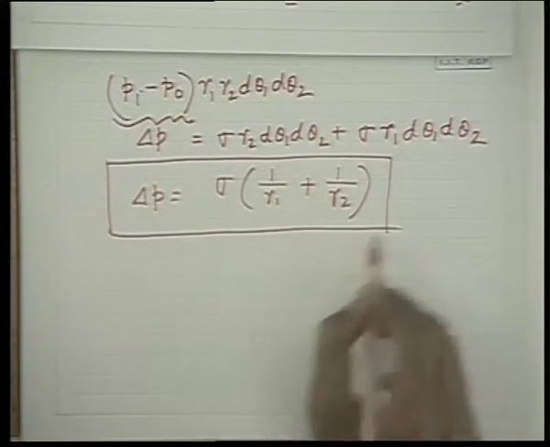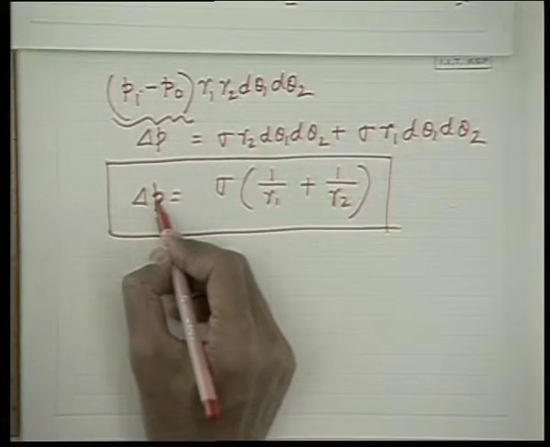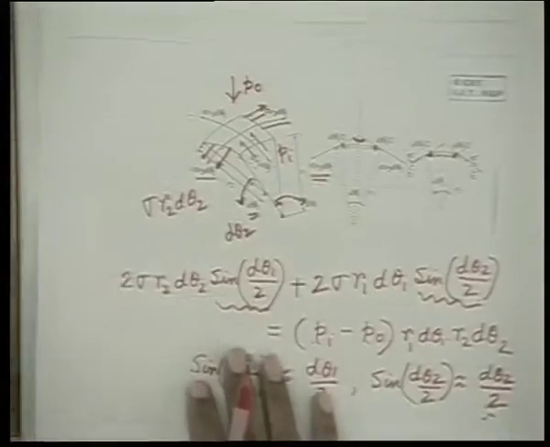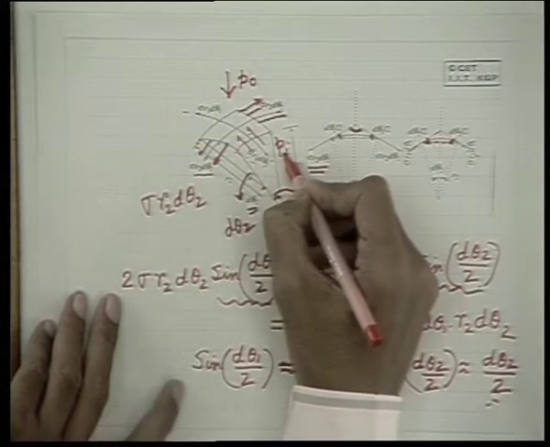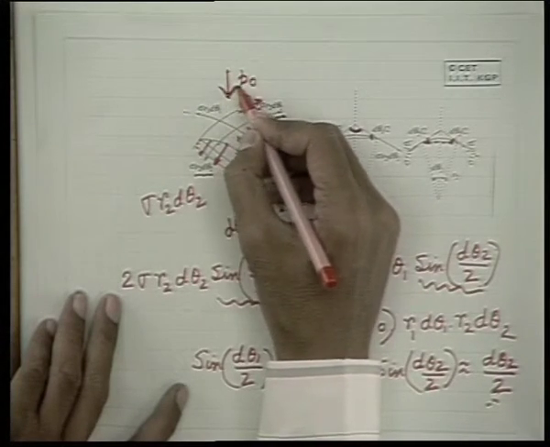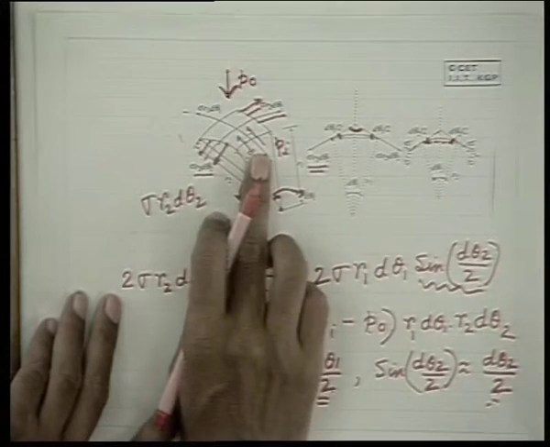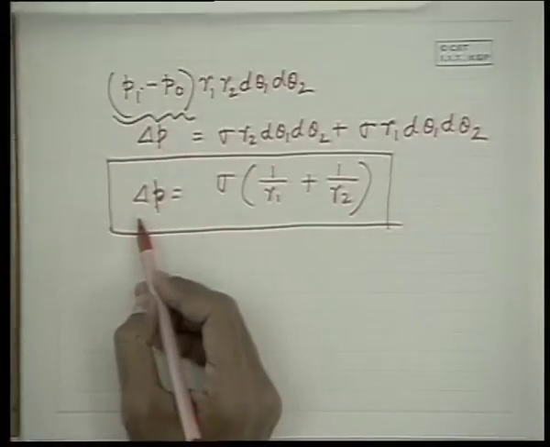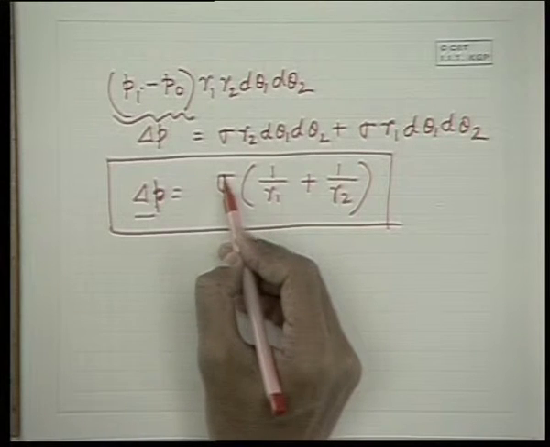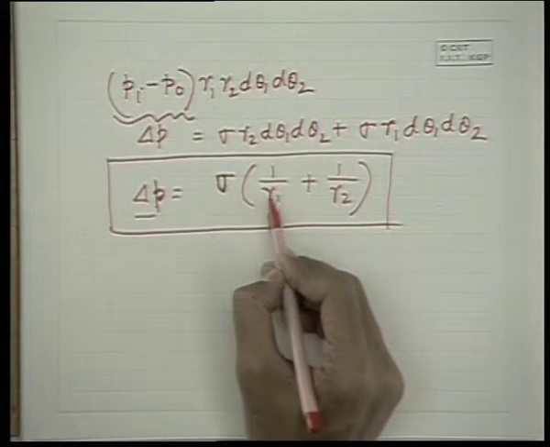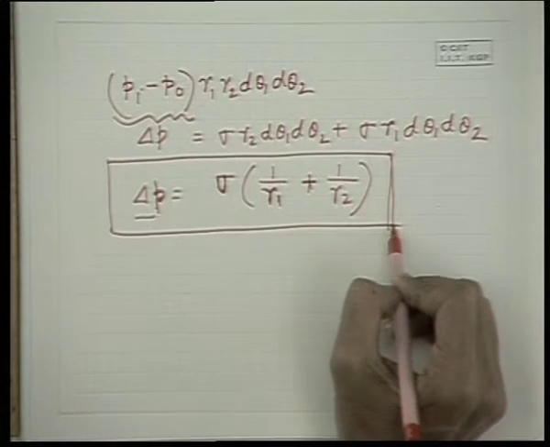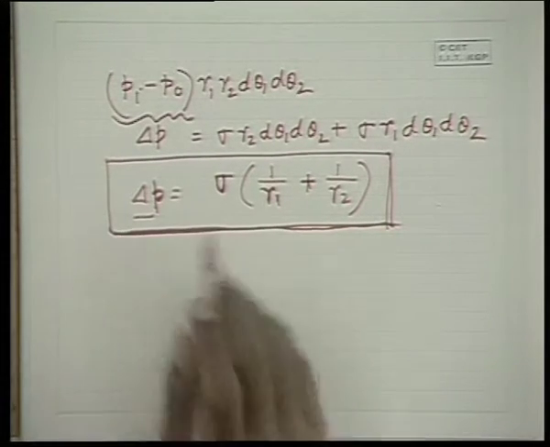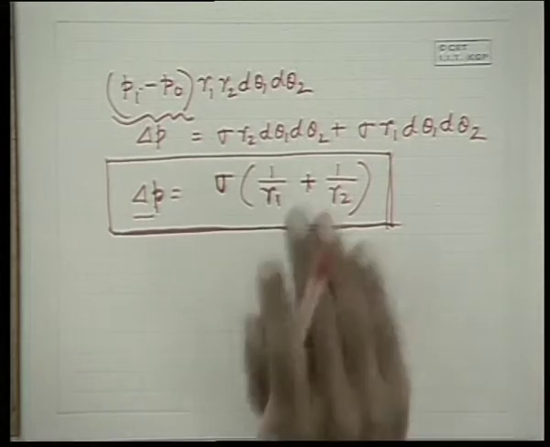Now therefore we see that there is a difference in pressure created. That means the concave side has a higher pressure Pi than the convex side, where the gas is, and the concave side is the bulk of the liquid. This difference of pressure is given by the surface tension coefficient and the radii of curvature of the two sides. This is the general case of a liquid surface, a liquid interface which is curved in both directions.